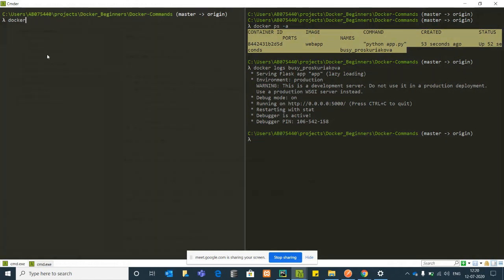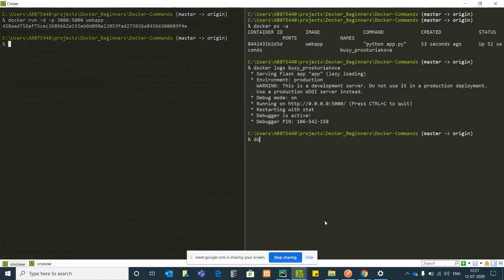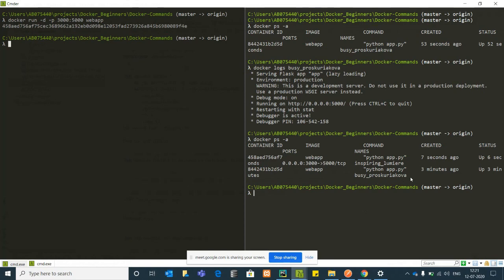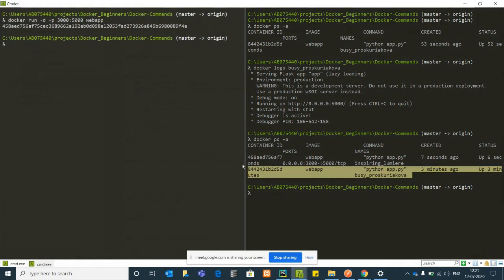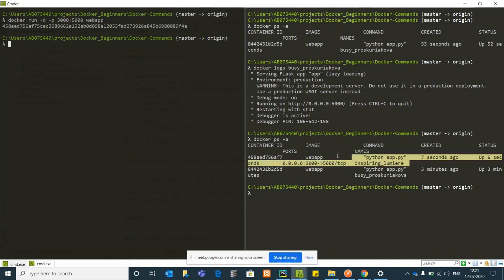Now I run in the daemon mode with the port mapping 3000:5000 and the web image. When I check docker ps, you can see this container doesn't have any ports and this container has the ports. Is it visible, 3000 and 5000?